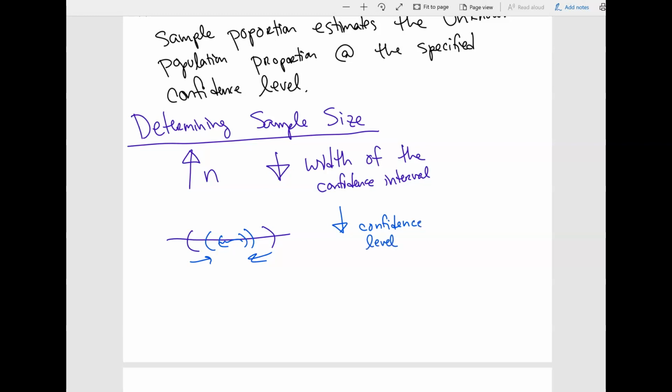So if I decrease my confidence level, I also decrease the width. That doesn't quite make sense as a goal, because if I decrease my confidence level, I'm decreasing my confidence, and that's just silly. I want to make sure that I have really strong confidence and a really low width. So basically, the goal here is to have strong confidence